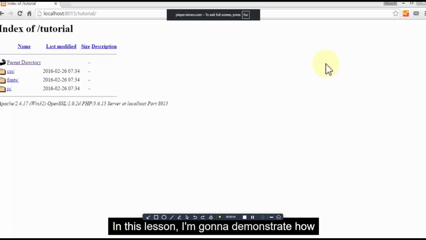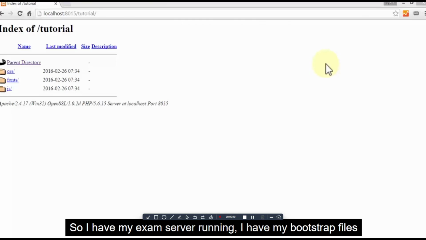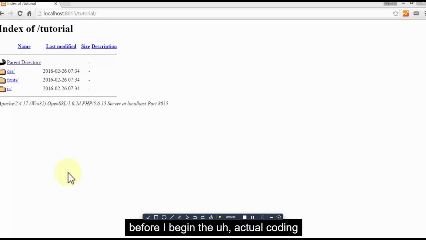In this lesson, I'm going to demonstrate how to create the top navigation bar of our website. So I have my XAMPP server running. I have my Bootstrap files and folders installed. Let me quickly first show you where these are installed before I begin the actual coding of creating the first